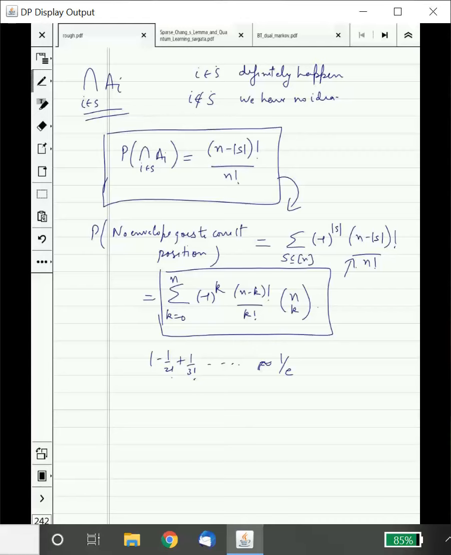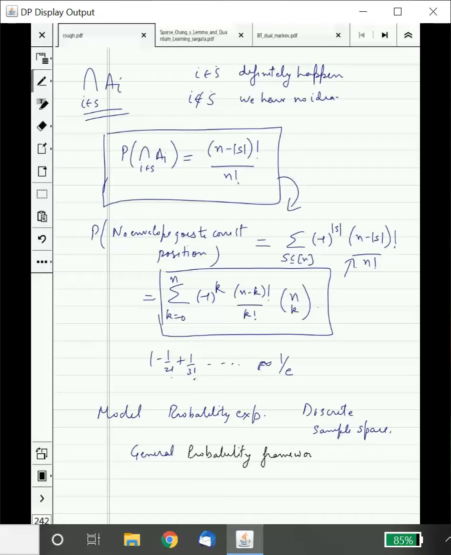So we saw one way to model a probability experiment using a sample space and a probability distribution function. And remember that this was the case when the sample space was discrete. It turns out that this is not the most general framework. In the next lecture, we will see that we need a more general probability framework to tackle more cases, especially when the sample space is not discrete, and we will see it